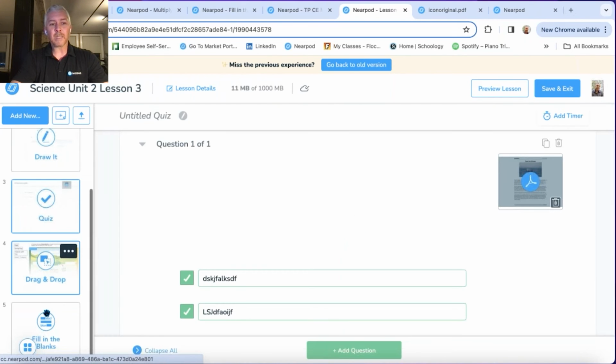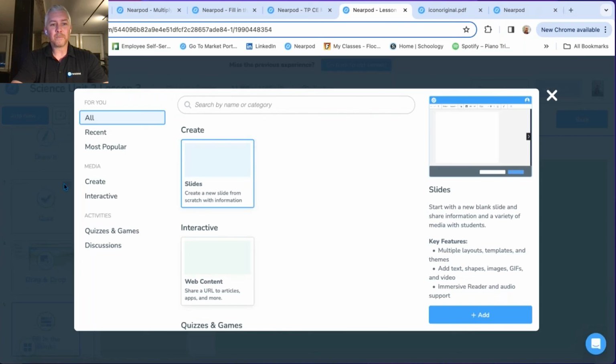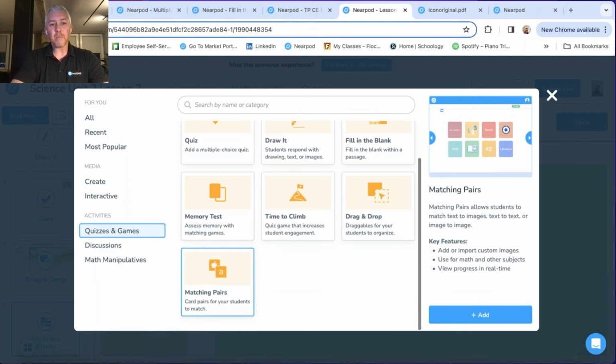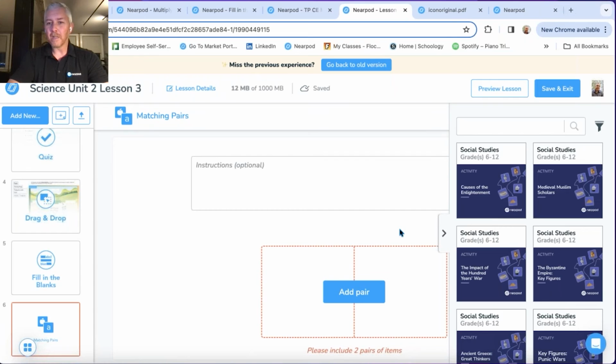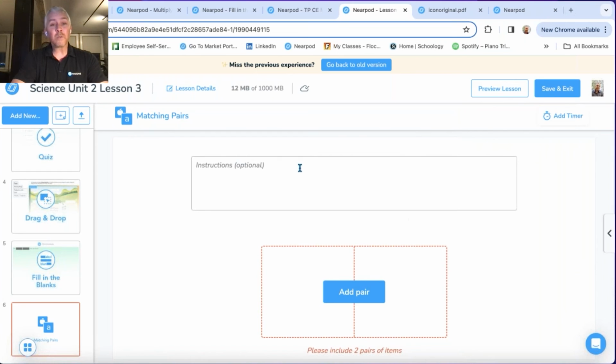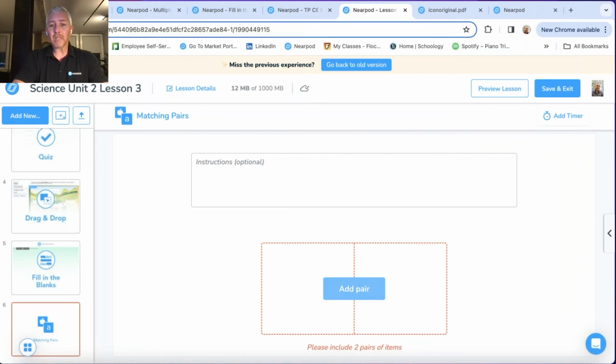So let me try this again. Quizzes and games, matching pairs, add, and now it works. Fantastic. So you do have an activity bank. If you have that activity bank, we have hundreds of pre-created ones. All you have to do is include your instructions. Click add pair,